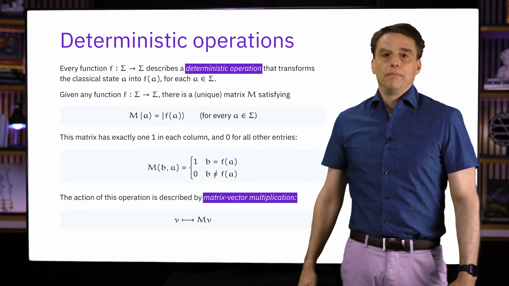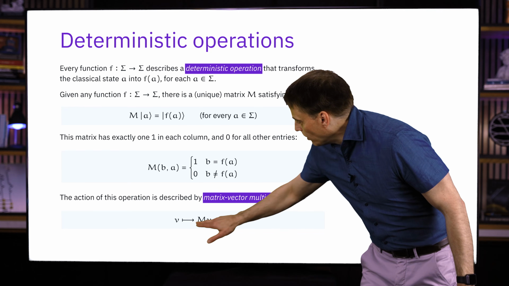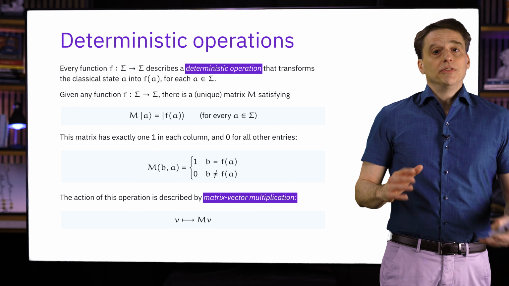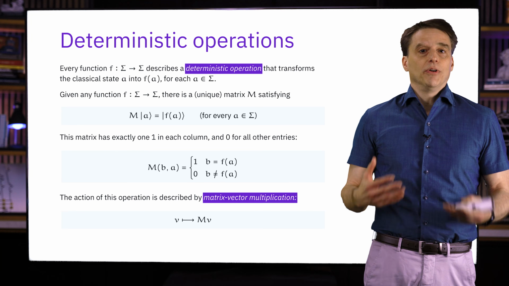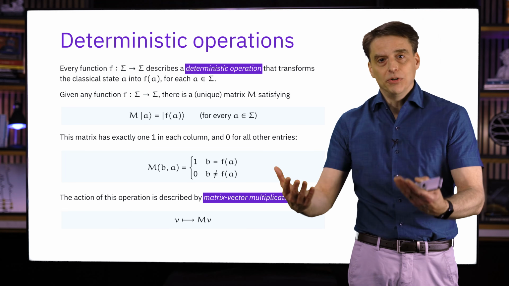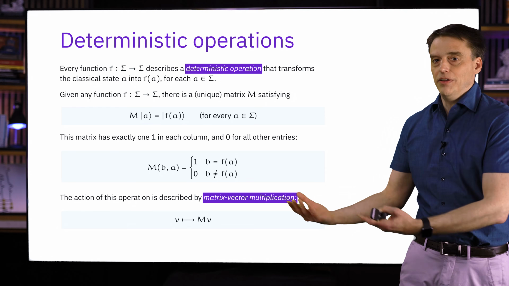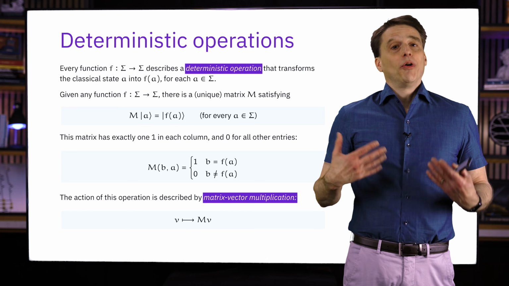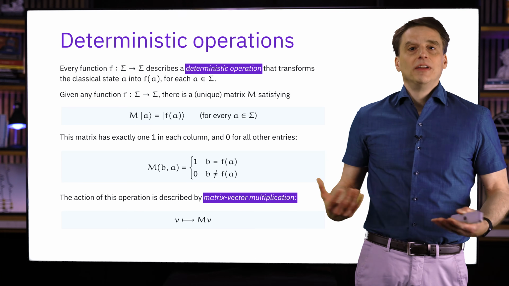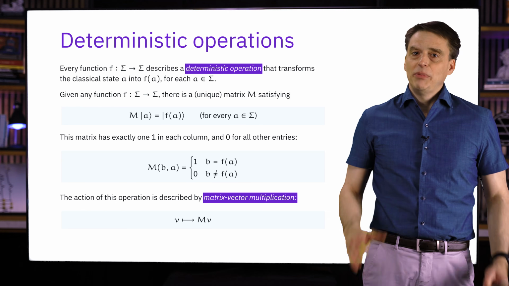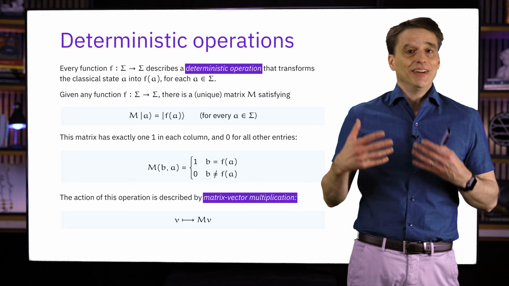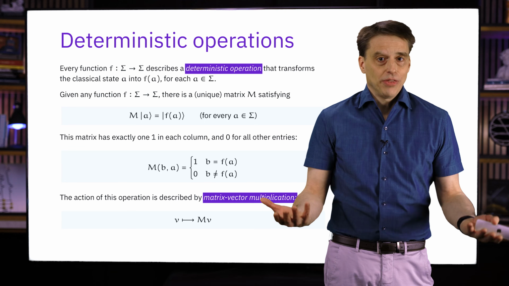M times v. Here, by the way, this arrow with a little bar on it like this is just a common notation in mathematics for indicating how one thing gets mapped to or transformed into another thing. You could just use an ordinary arrow, but this is conventional and it's recognizable. And maybe it's a little bit more specific than just an arrow, which could mean many different things.